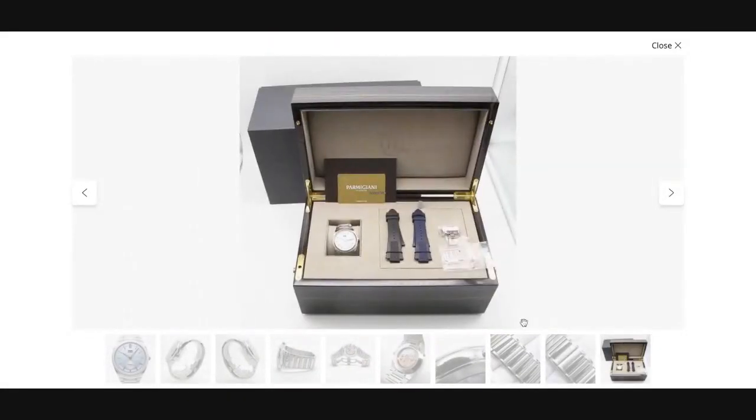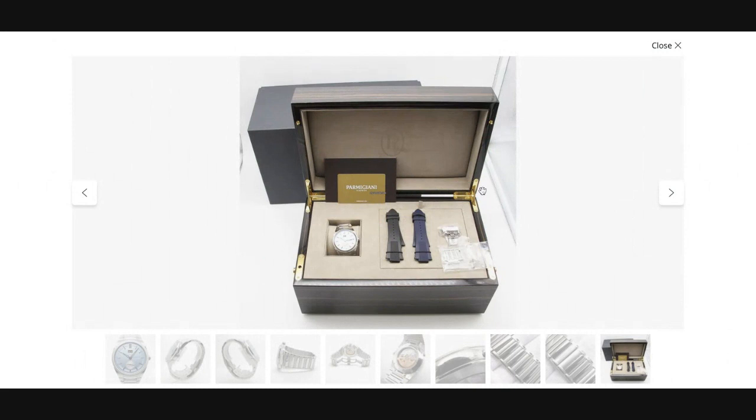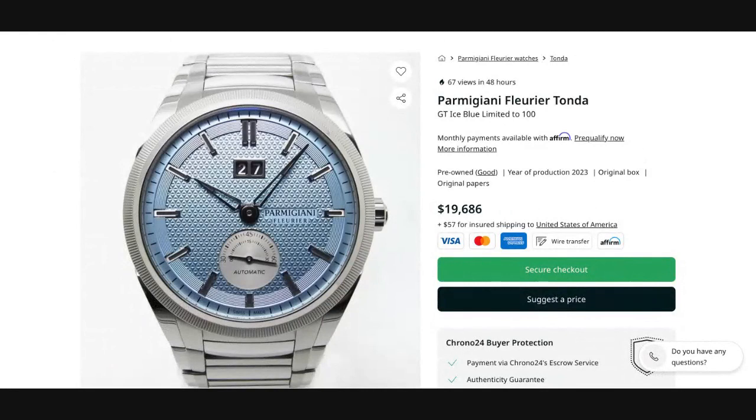I think this is a very unique watch, and as you can see, the full set offers you not only the integrated bracelet, but also two different rubber straps, one black and the other in a dark blue, complementing the unique dial color. And there is a déployant clasp that goes with those rubber straps as well. Full set of this limited edition, one of only 100, of the Parmigiani Fleurier Tonda GT,